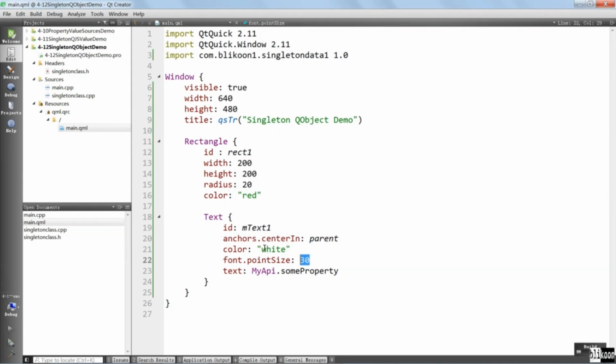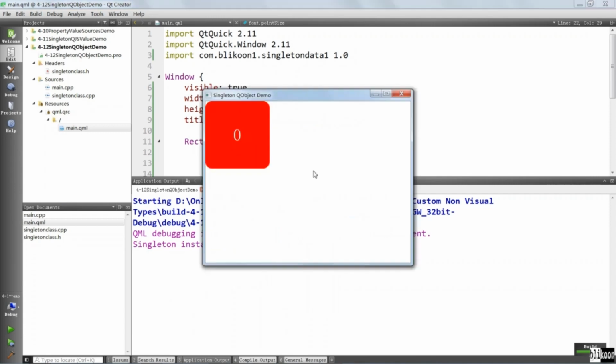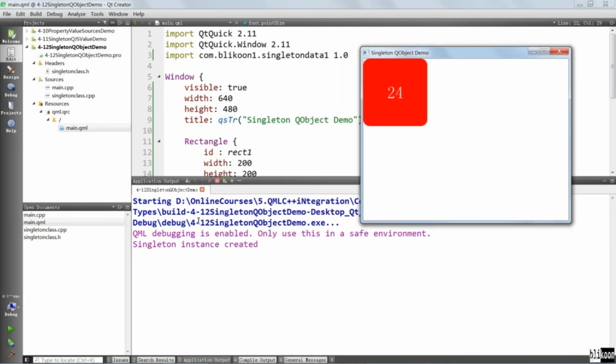We can run the application and see what we get, and we expect to get a rectangle with some data that is changing every 2 seconds. Let's see what we get. We have 0, it's going to be a 3, a 6, a 9, a 12, because we are adding 3 to our data every 2 seconds. This is working the way we want, and you see that they say that singleton instance